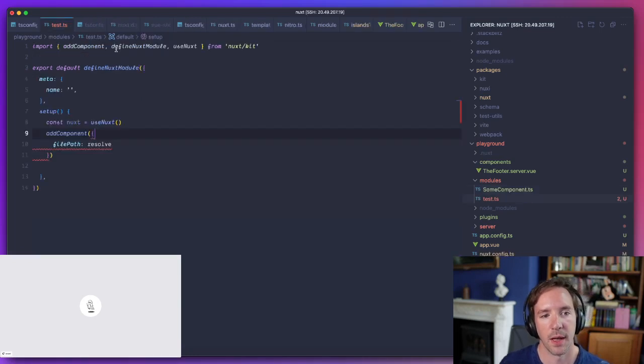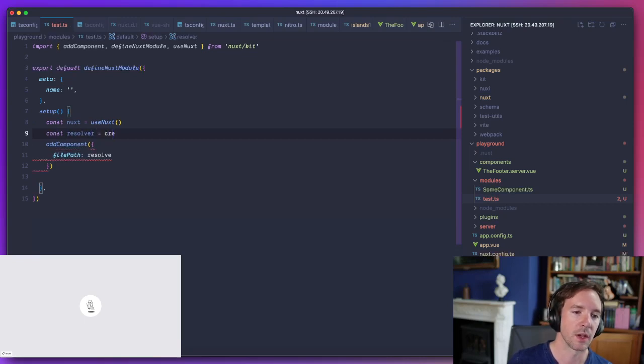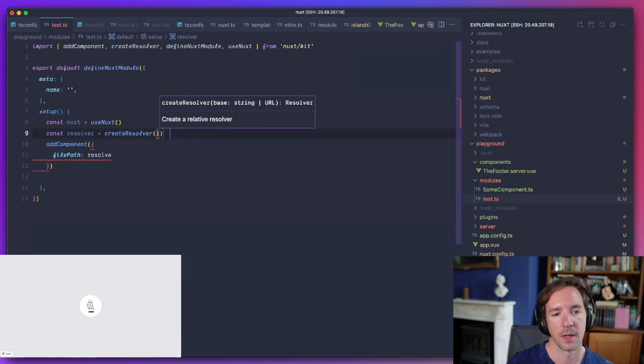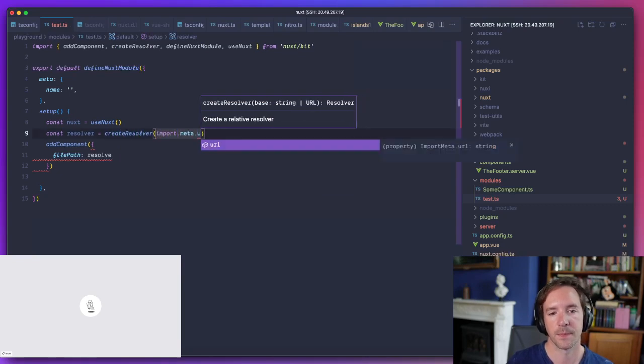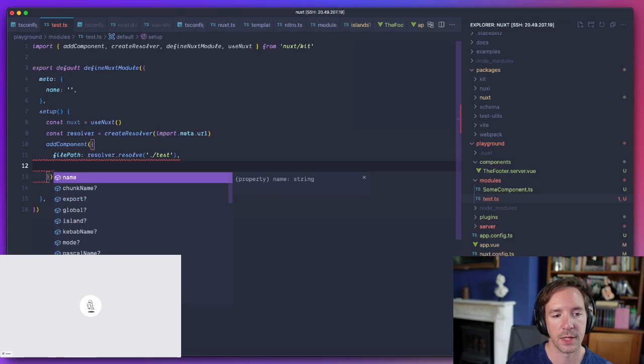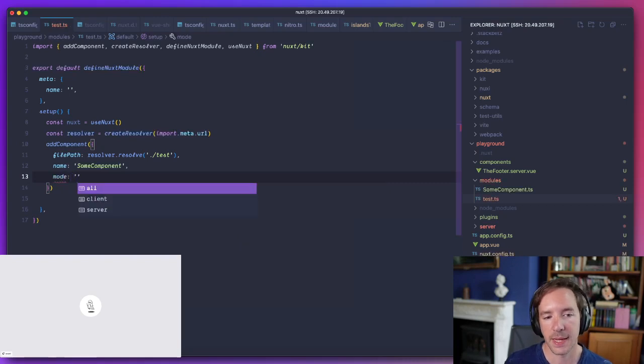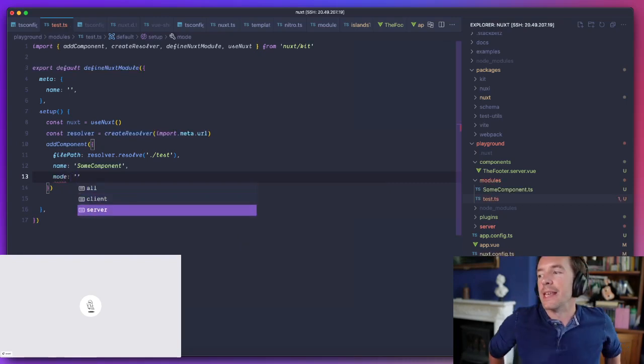And if I'm adding this, resolver equals createResolver, import.meta.url. I'm resolving that path to be test, I'll also need to give it a name. We'll call it SomeComponent, and then I can add a mode. So I can basically say this is a server component here.